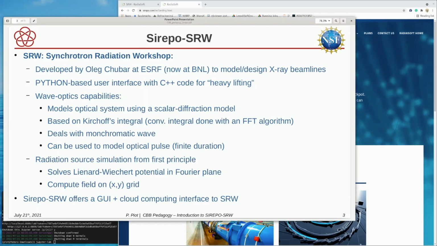Or this can be used to directly transport the radiation from different systems. So the second module is a radiation source module, and what it does is solve the linear Vlasov potential at a given point in Fourier space, so at a given wavelength or frequency. Then you can use the wave optics capability to transport this optical wave produced from an electron beam